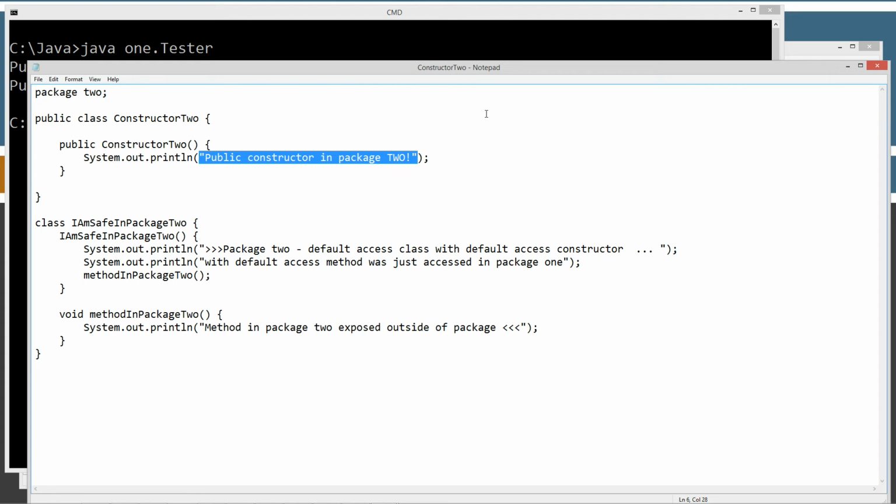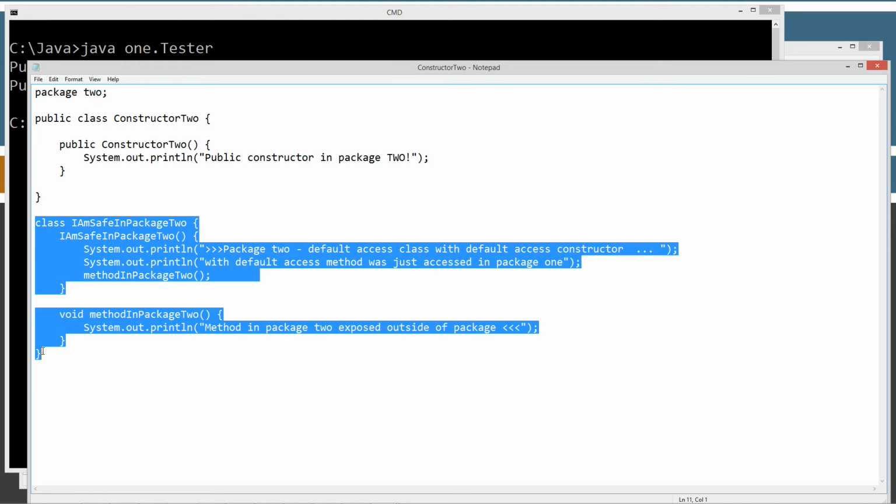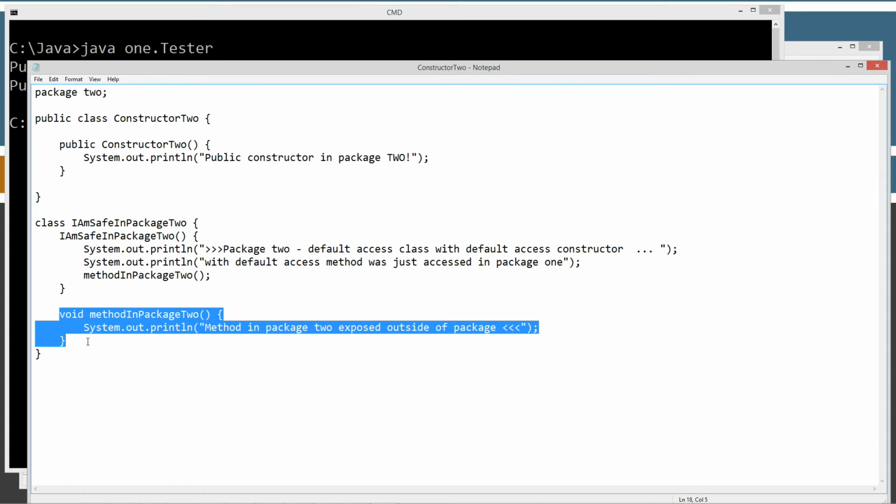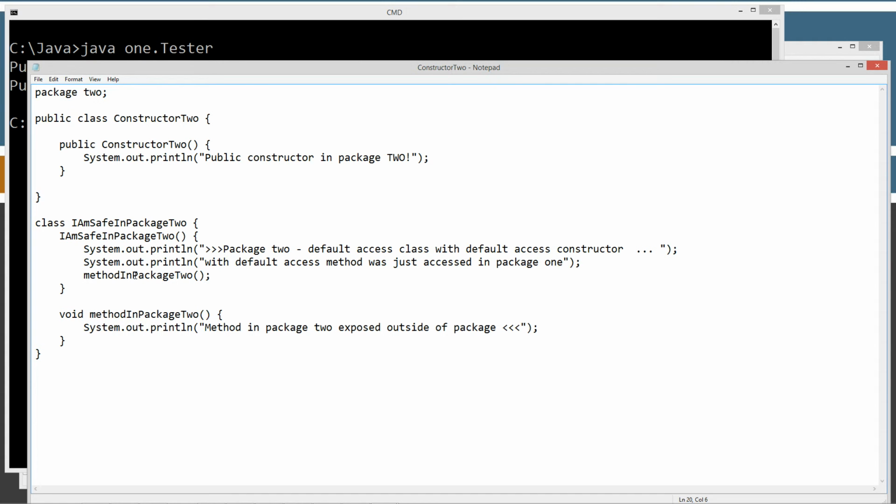So in constructor2, in this particular source code file, I have this class with default package access, and I also have a constructor in there with default package access. This is more restrictive here, right? And I also have a method with default package access here. Now,